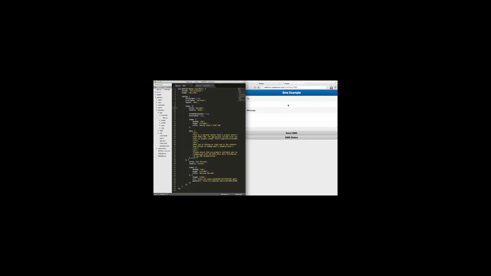So the first element will be of xtype titlebar, and we'll give it a title of SMS example, and we'll dock it at the top so that it will stay put even when we attempt to scroll. And we don't need any of this. So the middle section here will just be a simple field set,